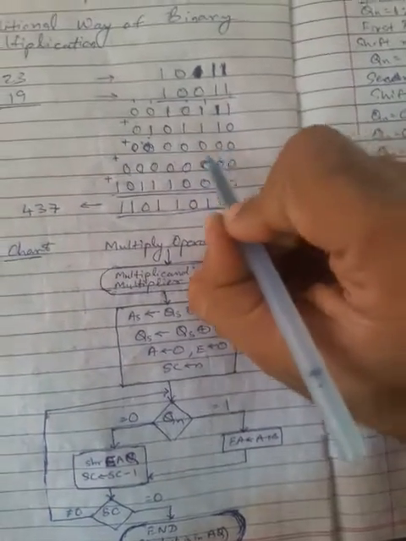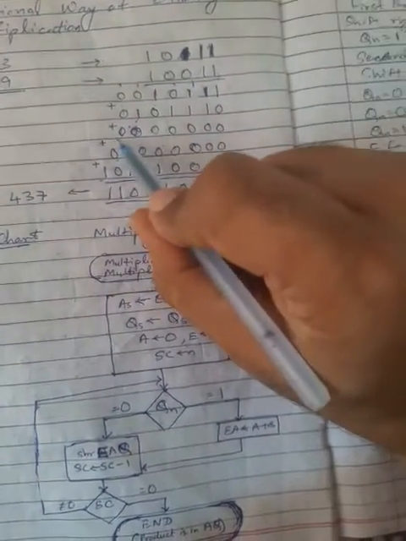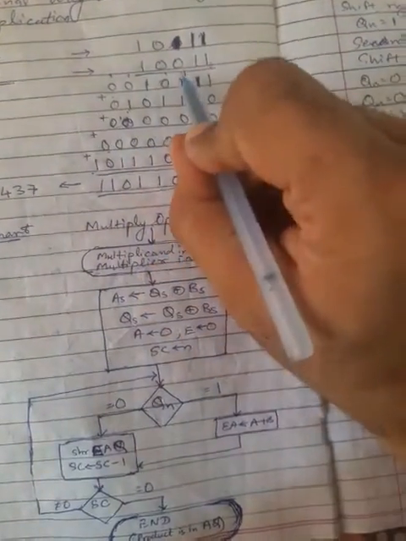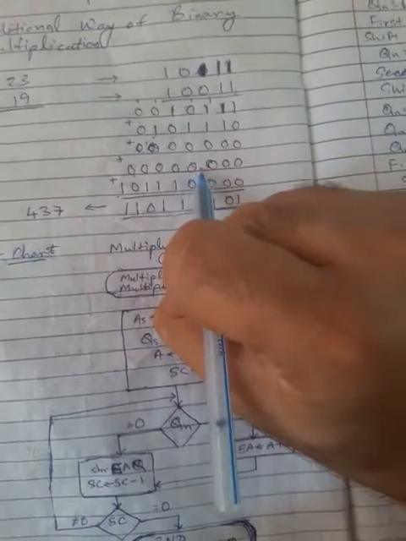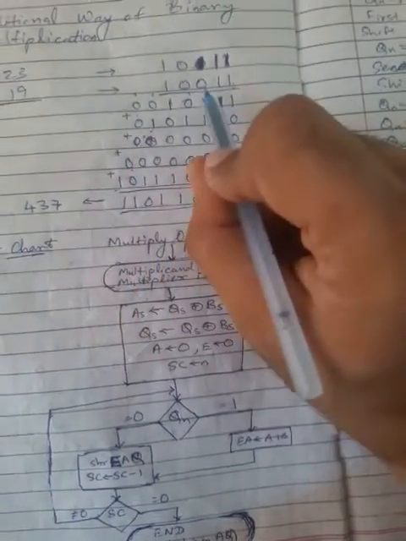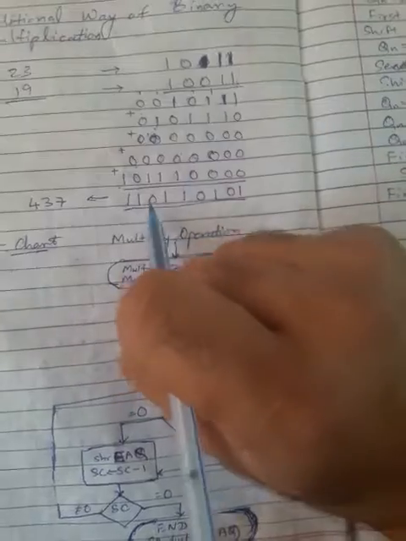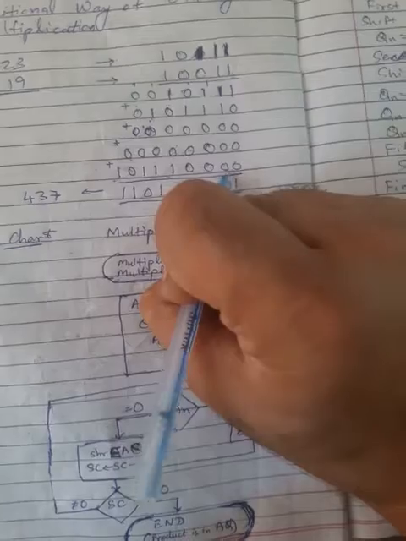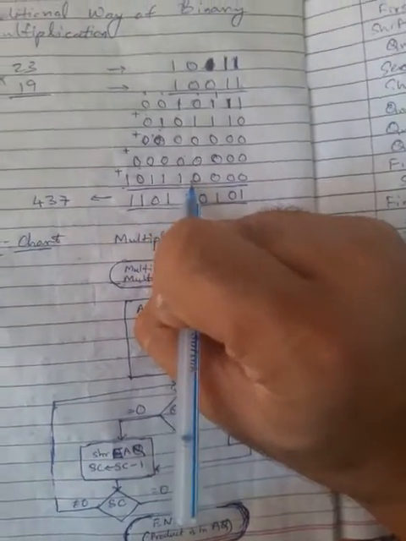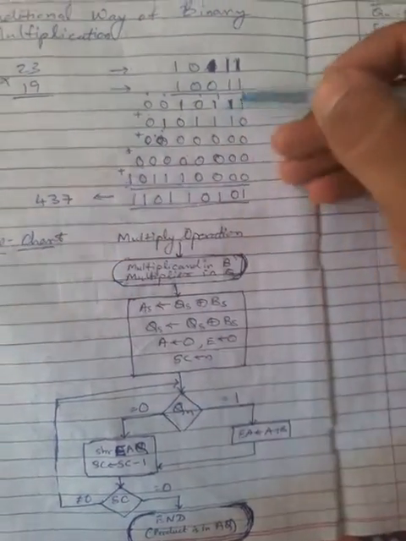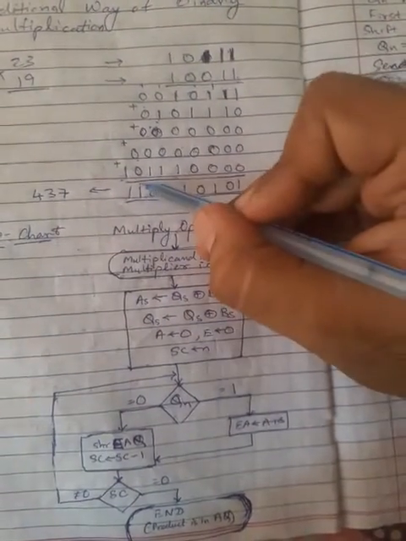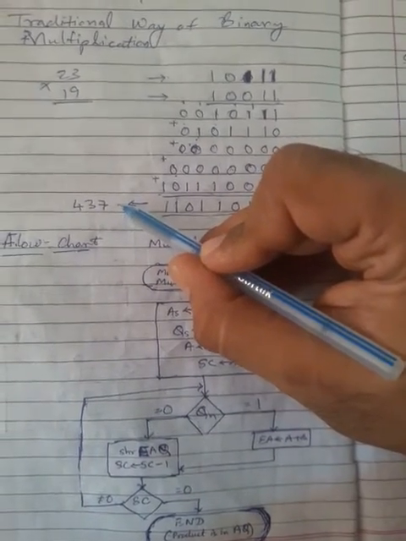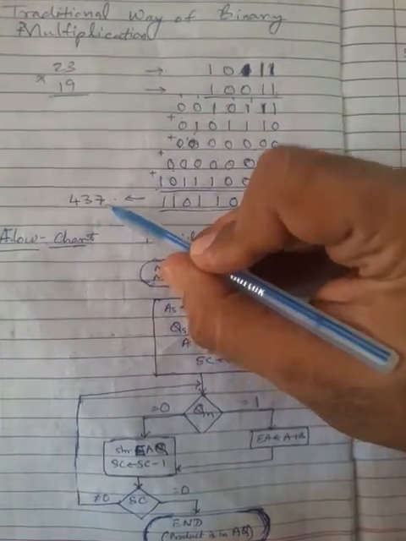Then we write 1 0 triple 1. After that the digit is 0, so all bits are 0. Remaining 2 bits, all bits are 0, 5 bits. Again 0, then again we leave one more bit, then all bits are 0. Then again 1, here we can see 1 0 triple 1, then 4 times 0, and 4 bits we are leaving. Then we start the multiplication, and after adding we get this answer. Finally, after converting this into normal decimal, we get the answer 437.